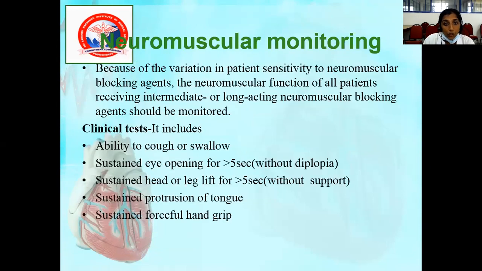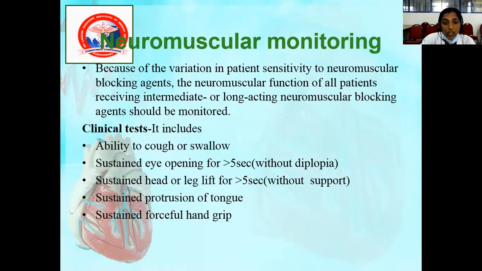So next is neuromuscular monitoring. We are done with cardiovascular, respiratory, and neurological monitoring. In neuromuscular monitoring, clinically, this is mainly done at the end of the procedure, when the patient is coming out of general anesthesia and you want to shift the patient to recovery. There are certain things you want to confirm: that the patient is out of the effect of the neuromuscular blockers which you had given. So the clinical tests for them are, you will ask the patient to cough.